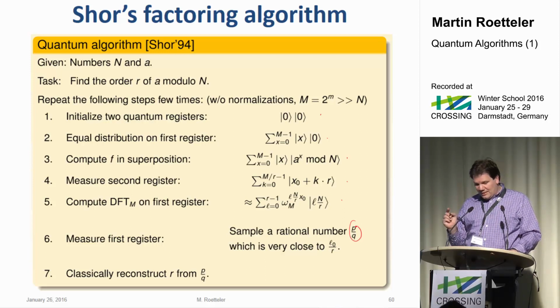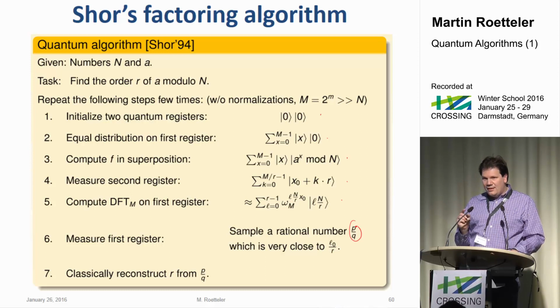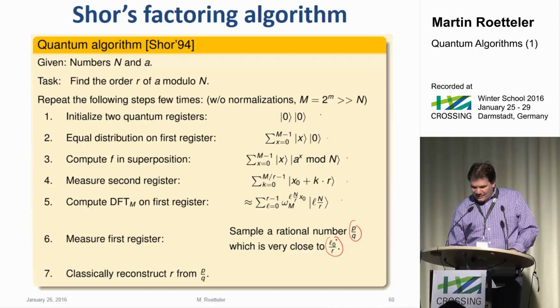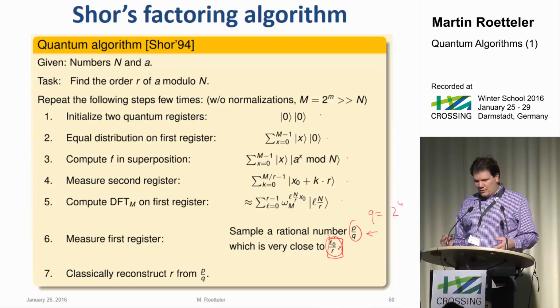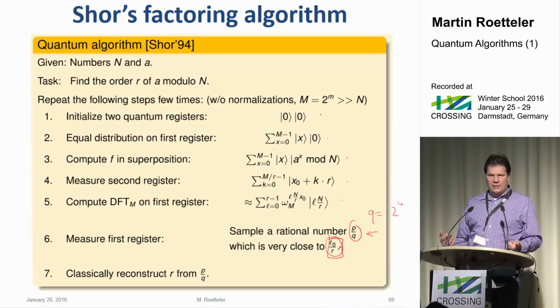So the meat of his paper is that you can then infer the inverse period from a number of this form. The number will typically have q of the form 2 to the n in the denominator, and p is some number, and you try to find the number closest to that which has this form, l over r, where r is the r we're looking for and l is some integer. For that he uses continued fraction expansion, which gives you the best approximation to the number you have measured. It turns out that the denominator must be r, and you reconstruct this r. Right? So that's in a nutshell how the algorithm works.